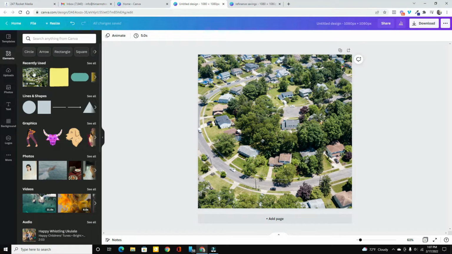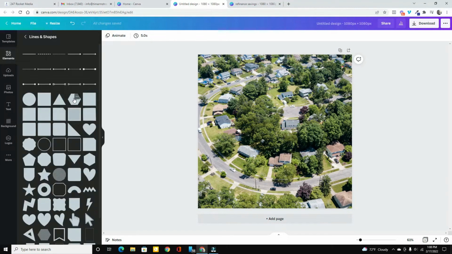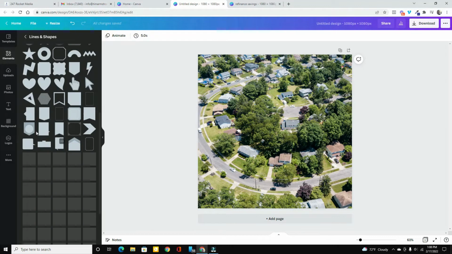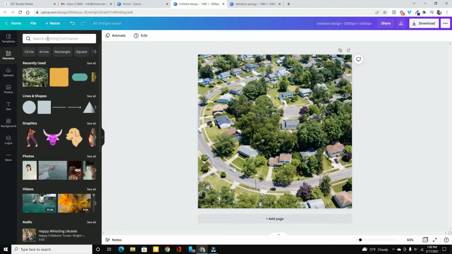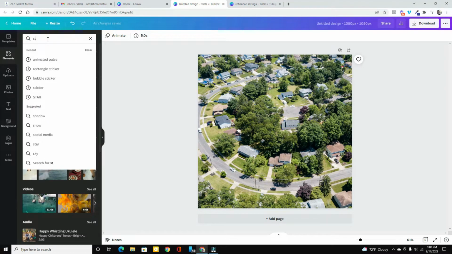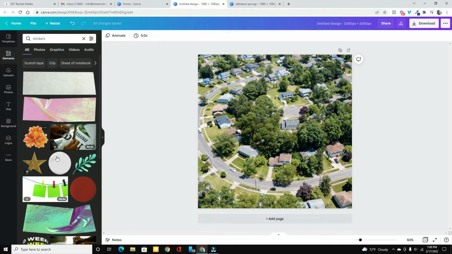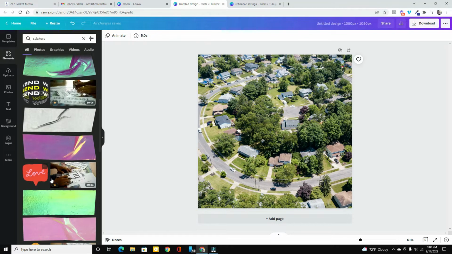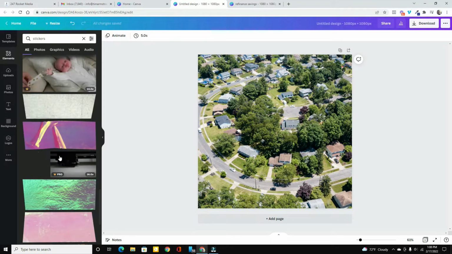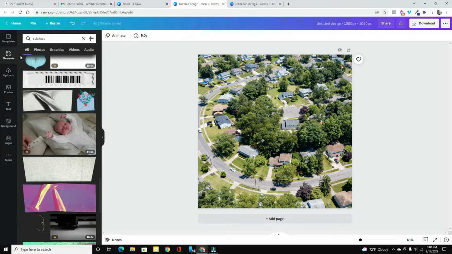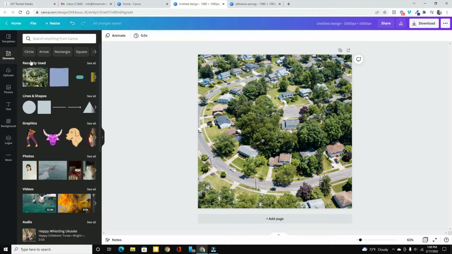And we're going to, now I've kind of got a cheater here. I've got my recently used folder open, and you can see that I've got a couple of different things here that I've used. But what you'll want to do is just go into lines and shapes and hit see all. And then you can come down here and grab an image like this, or you can also go into stickers. And what happens is you get these cool animated images that you can put right into your ad. But rather than research for all this stuff, what I'm going to do is come back up and hit my recently used,